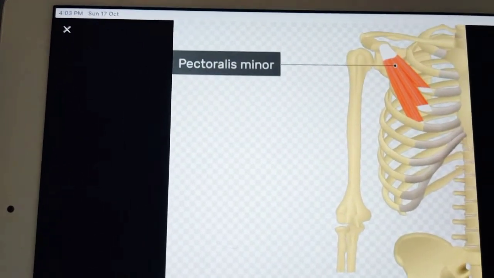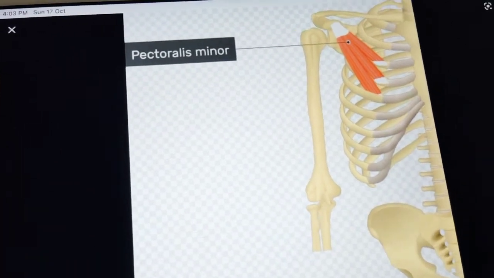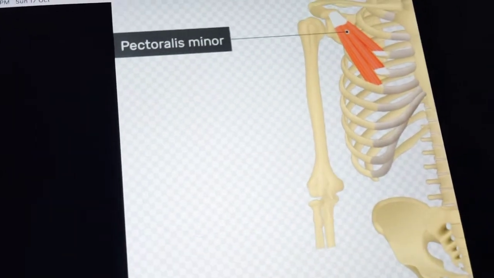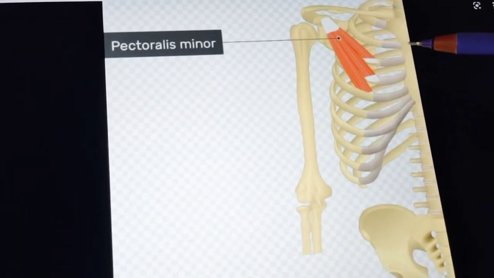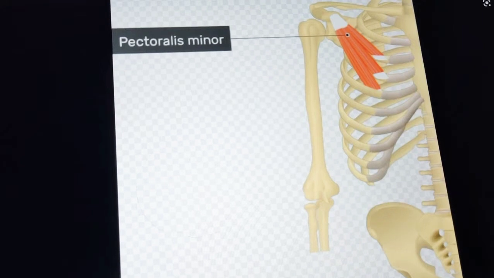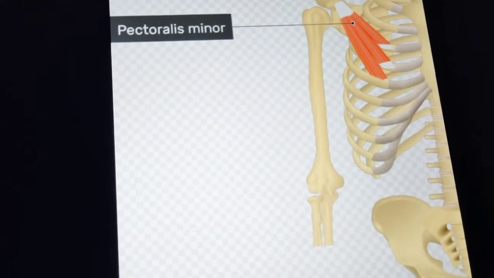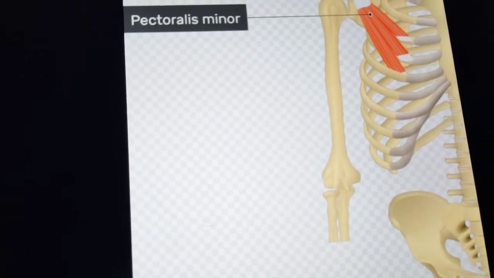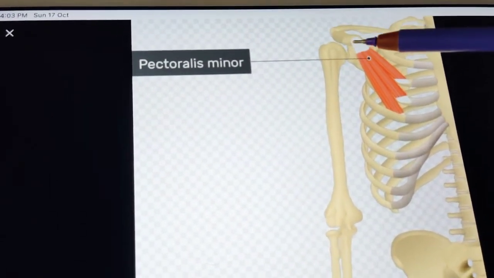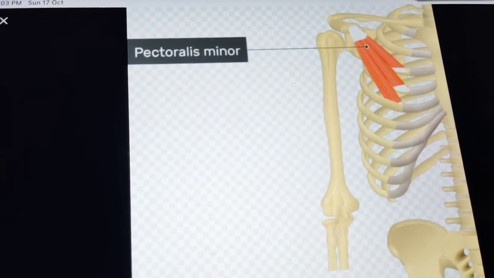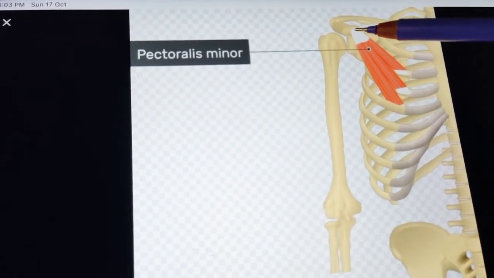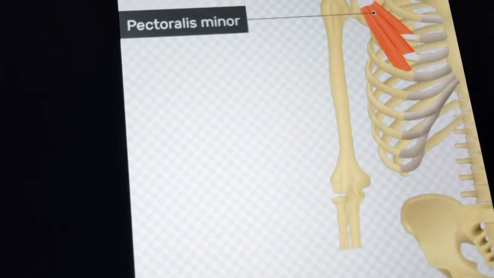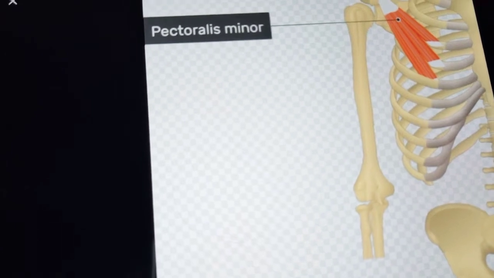So now we will check out the pectoralis minor, its origin and insertion. Actually pectoralis minor gets its origin from 3, 4, 5 ribs. So you can see this is second rib because it's the sternal angle, then 3, 4, 5. Here it's getting its origin, near the costochondral junction, and intervening fascia covering the external intercostal muscles. So it is inserted into the medial border and upper surface of coracoid process. You can see this is coracoid process, right? So medial border and upper surface of coracoid process. That's it, very simple. So this is about pectoralis minor.